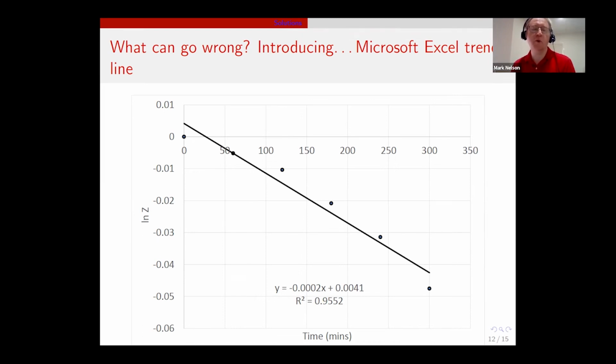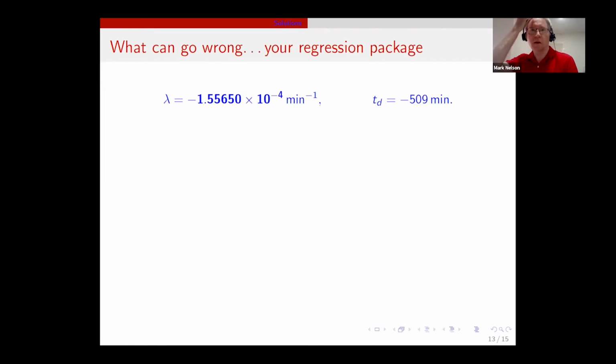yeah, I'm still almost lost for words for this error coming up, that students are getting something wrong, but they've done everything right. It's the choice of regression package that is not giving them the answers to the number of significant figures that's required. So just to continue on this theme, so here's the right value for the gradient.